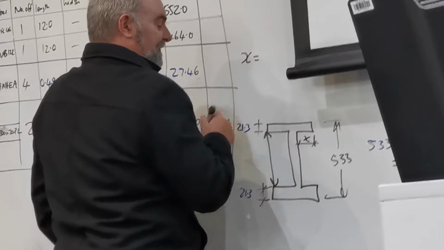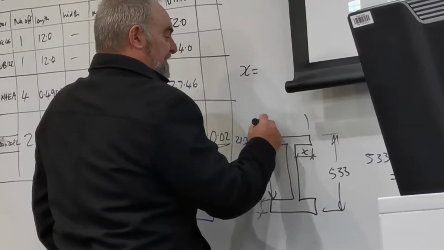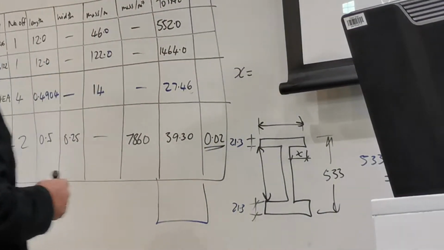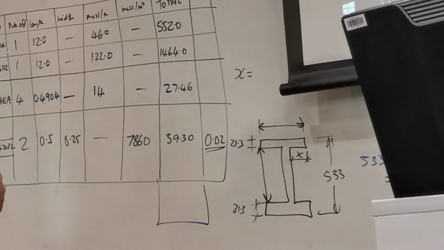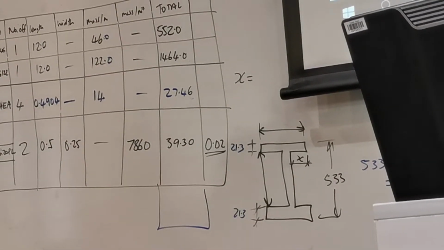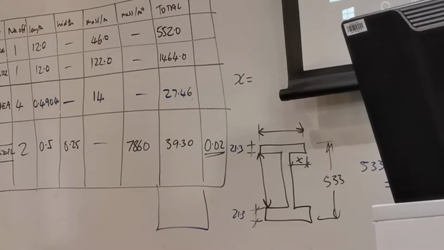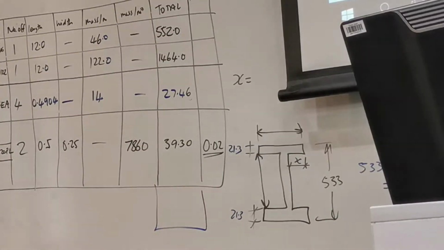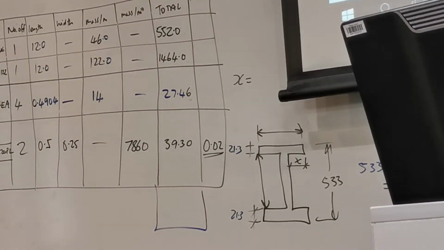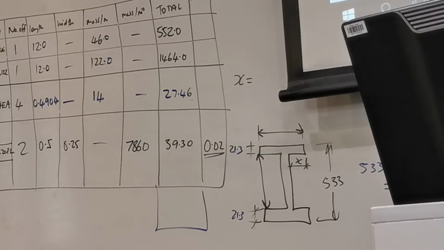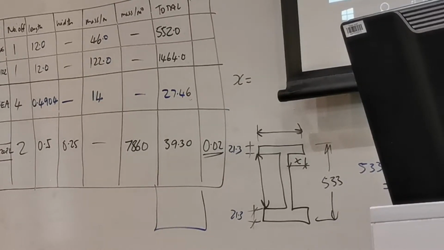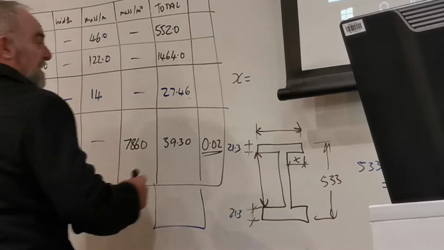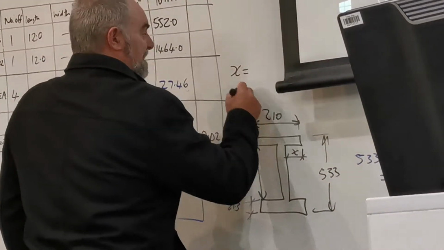X equals that distance, which is, we don't know, so it's not going to be asked in the test. There we are. You're not going to. Oh, yes, you are. 210. That's the old way of calling it up. So if you are asked for it, it's 210